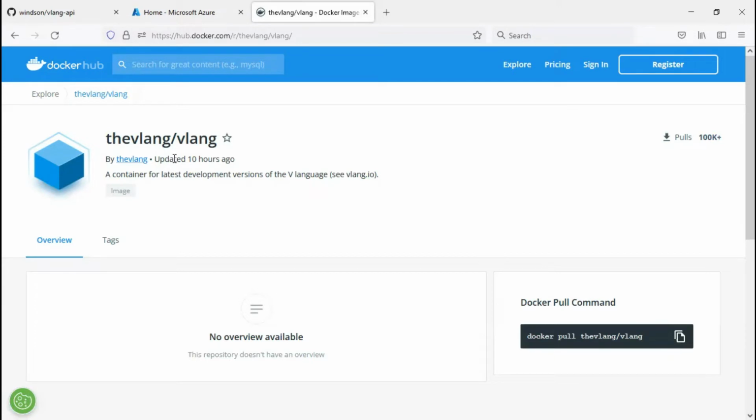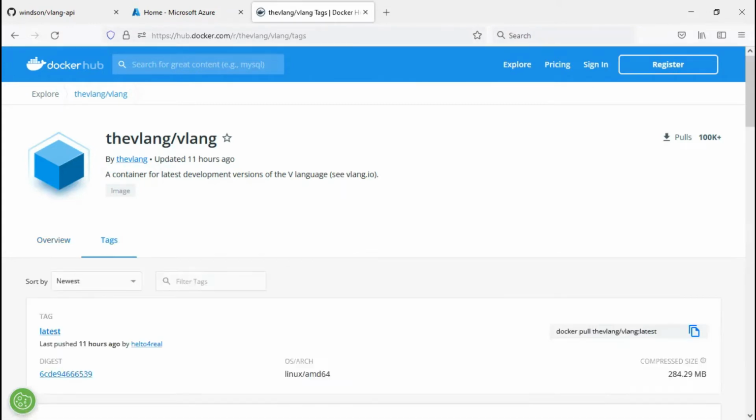Here you can see I am on Docker Hub. The VLAN is the official user that publishes the standard VLAN images very frequently onto this repository. The latest tag can be found in the tags section, and it is identified by the name latest.